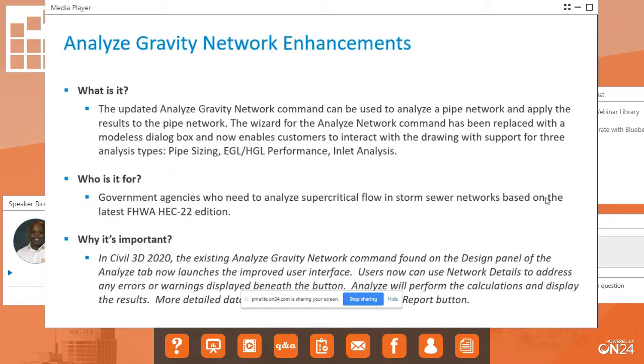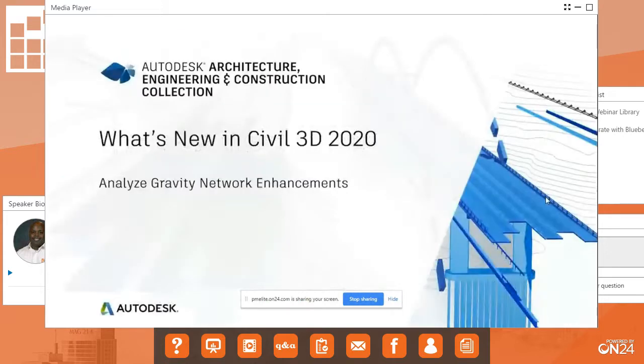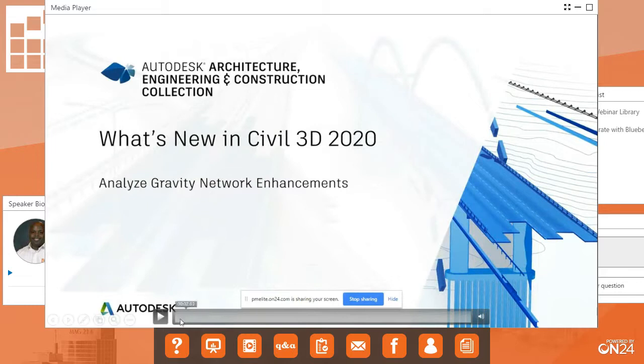Clearly, one of the big things with the inlets with Hydroflow and gravity networks is the latest FHWA HEC-22 factors in addition. So that's important because the gravity networks of the design panel analyze network details that address errors that are displayed within and beneath the button, which will also allow you to perform the calculations that display the results. From that, with pipe networks,